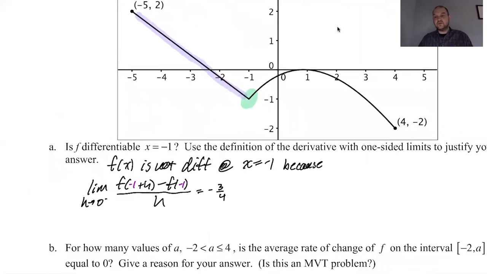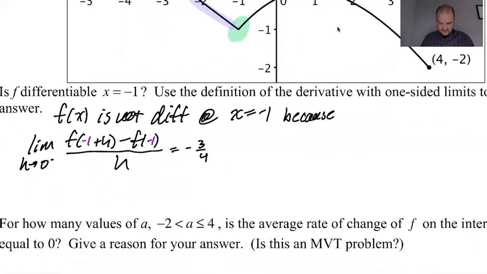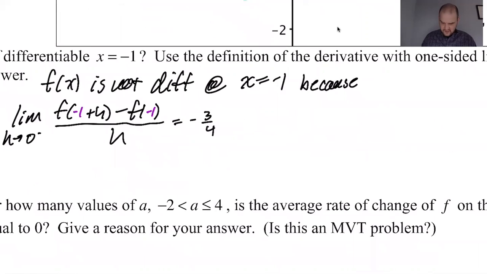It's a sharp turn, so there's no way that it's differentiable. I don't really know what the curve is between -1 and 4, but I definitely know that from -1 to +1, the slope of that curve is positive, which means I can say that, so how do I connect these? Because this is true, and I'll say while the limit as h approaches 0 from the right of f